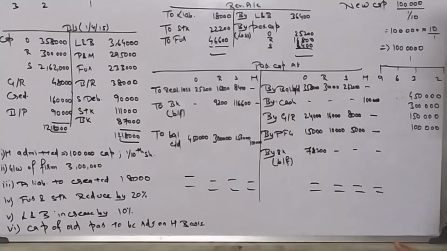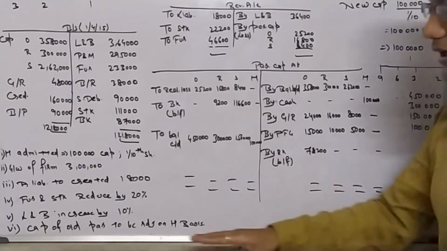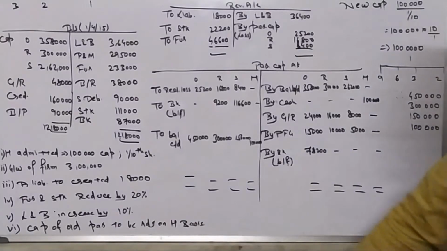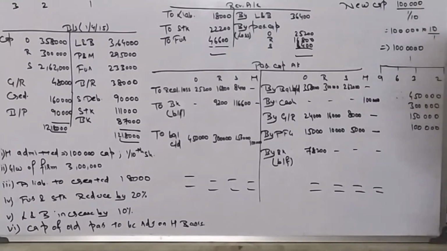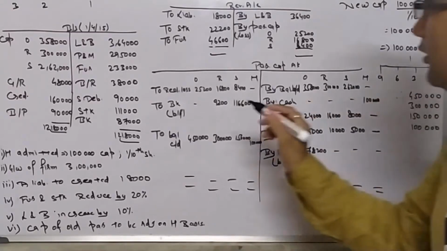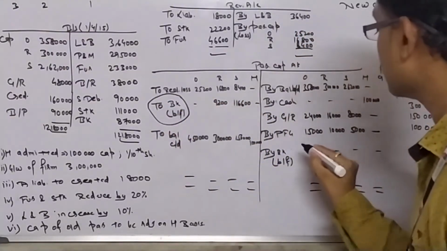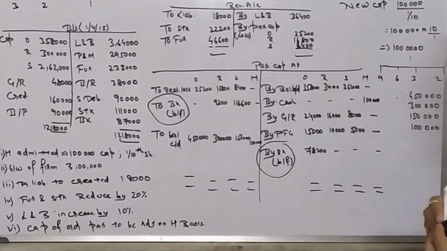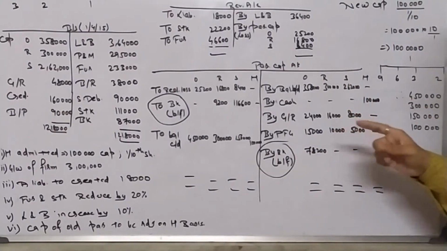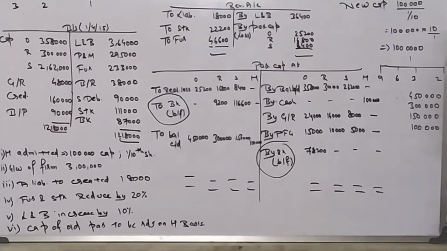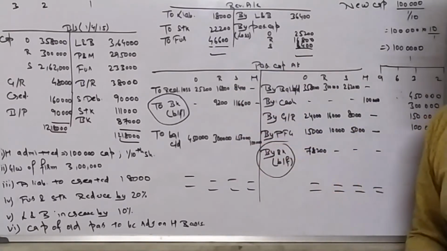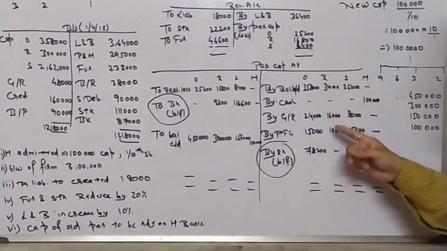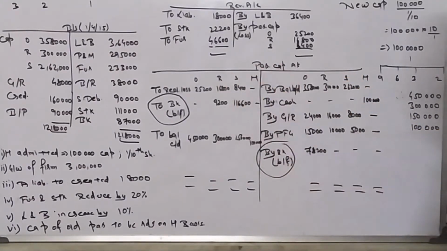Guys, it's very straightforward and simple. I am going for the last part, the major part we need to discuss: capital of old partner to be adjusted on new partner basis. Forget the bank balance for once. If I add 3,58,000, 24,000, 15,000 and deduct 25,200, I will get some other figure, not 4,50,000.